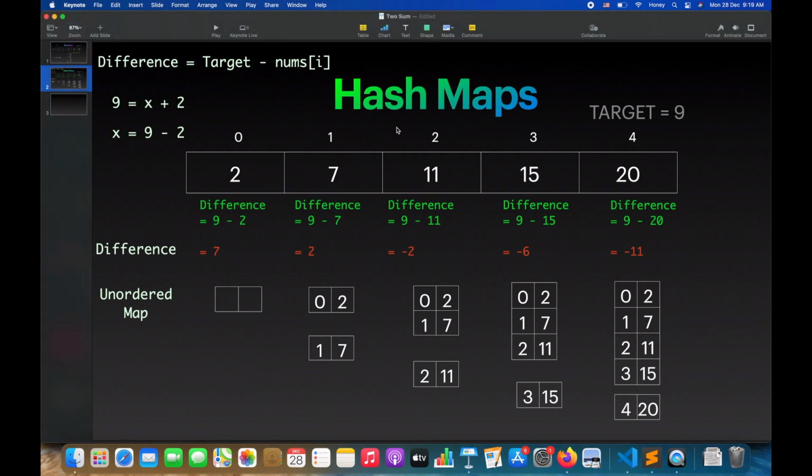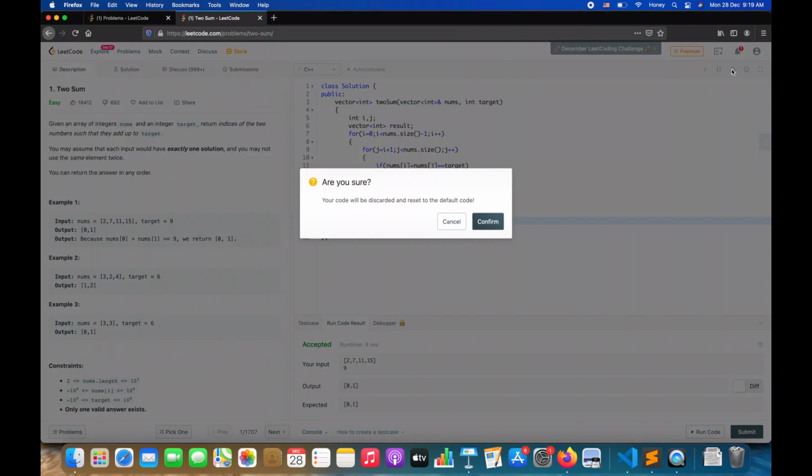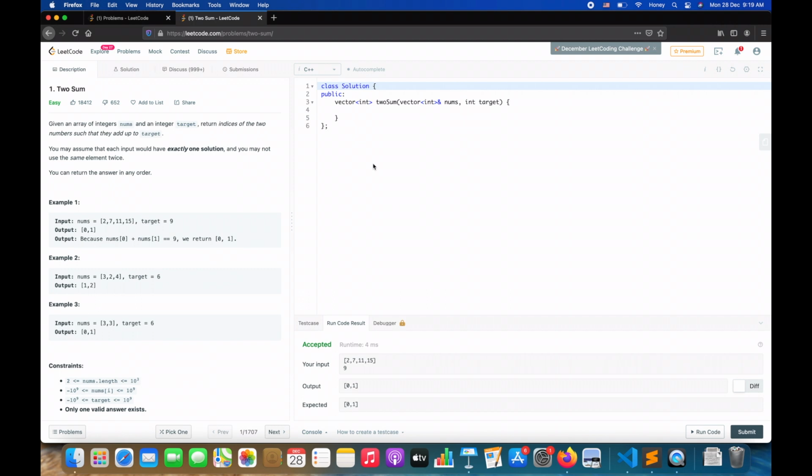Okay, so now we will try to implement this through code. Let's just reset the thing. Here we will declare one unordered map, unordered_map of int, int, let's say rmap.